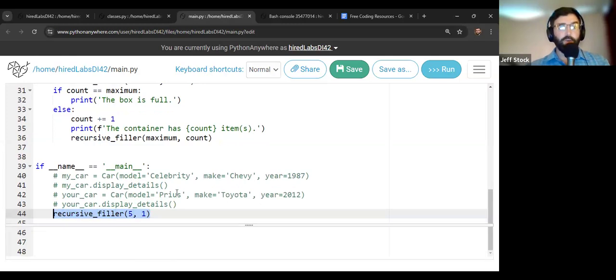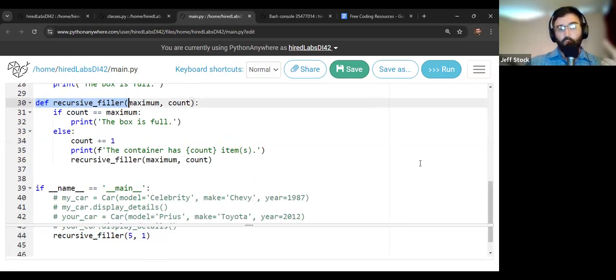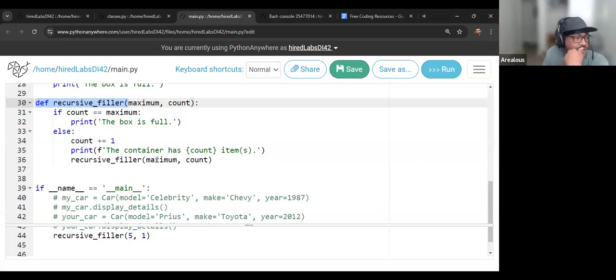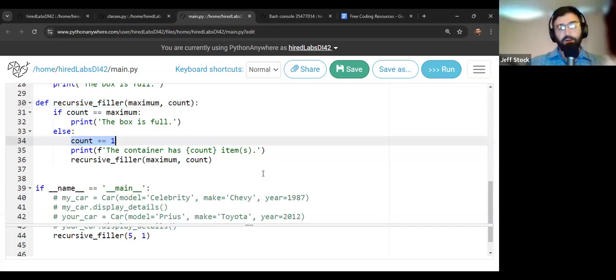I'm not going to run it right now, but here's the whole definition of the function. If you're not playing at home and didn't write your own, just look at this on my screen. Anybody, why would it start at 2 if you gave it an input of 1? Because the count plus equals 1, so it's already counting as 1. Yep, it started at 1.